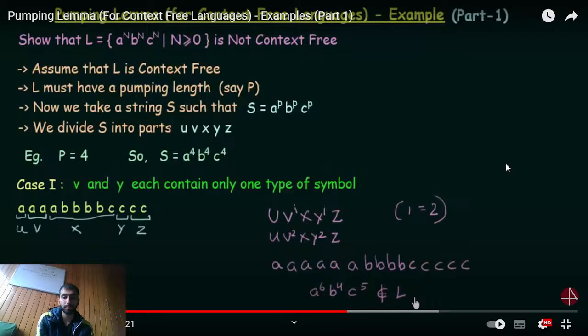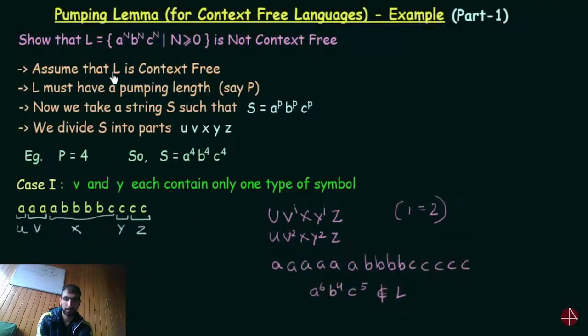Since condition number 1 cannot be satisfied, we see that our assumption which said that L is context free does not hold. It is a contradiction to our assumption. If L was